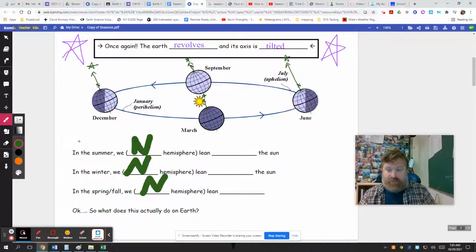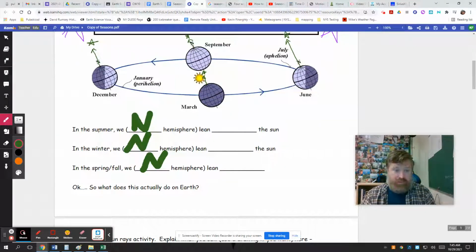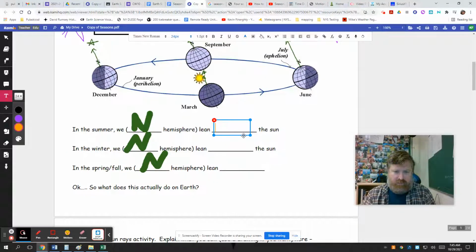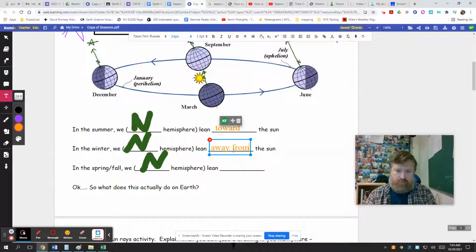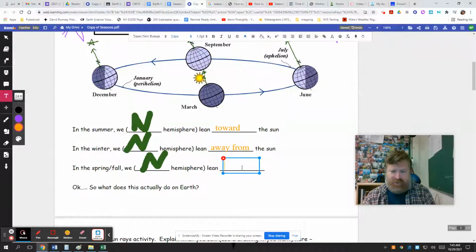Most of the time, we're talking about us, of course. This is a New York State test you're going to face, so it's New York. But occasionally, they will throw a curveball at you and make you think about it from the southern hemisphere. Anyway, in the summer, we here in the northern hemisphere lean toward the sun, and in winter, we lean away from the sun. And in the spring and fall, I know I said this in the other video, and you're probably getting sick of hearing it over and over again, but we've got to repeat: we're not leaning forward, we're not leaning away, maybe we're leaning kind of sideways.